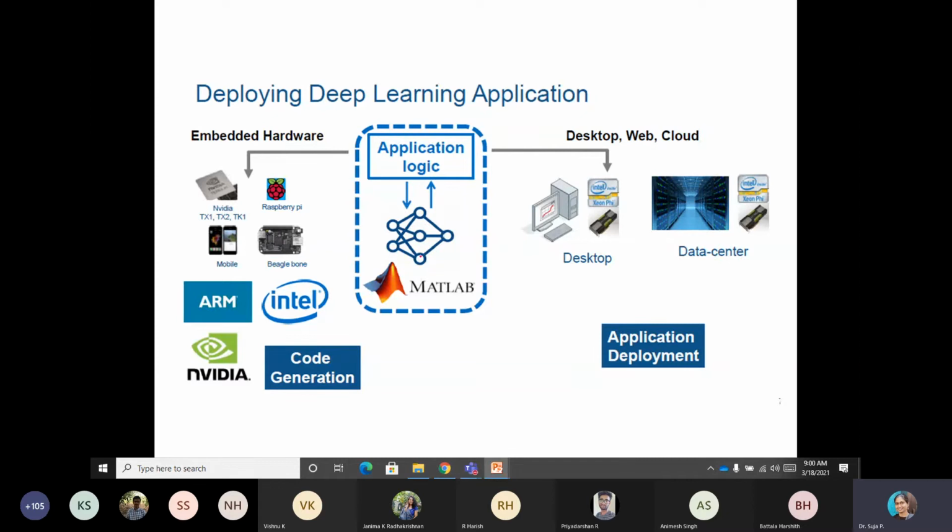Whatever you develop, this is your model, and it is generated using the program. Instead of MATLAB, you can use Python and develop the model, and on top of it you have application logic. So whatever you develop goes to your desktop or web or cloud. So this is where you deploy it.